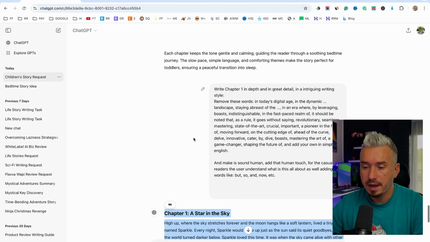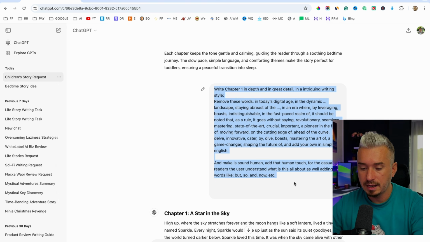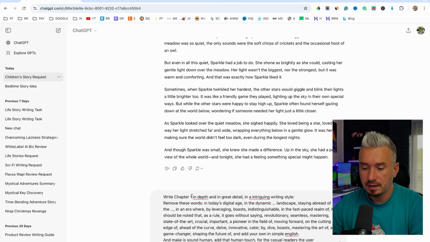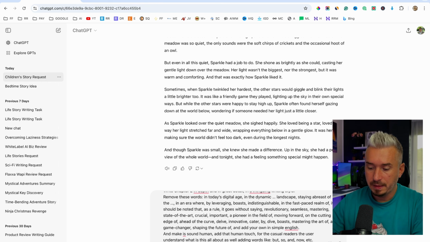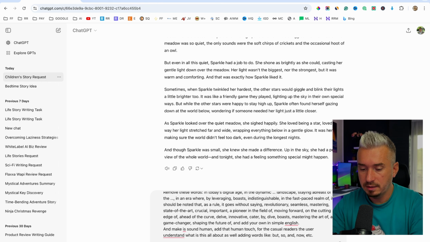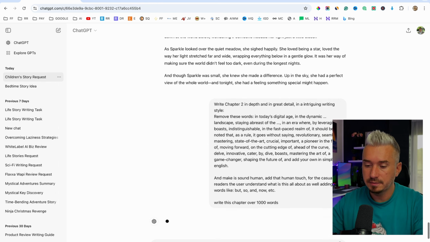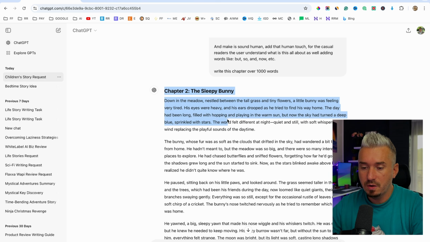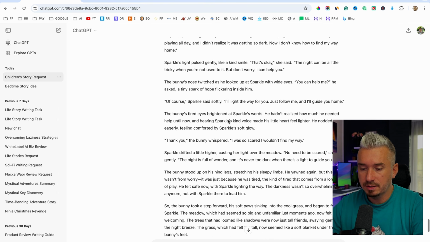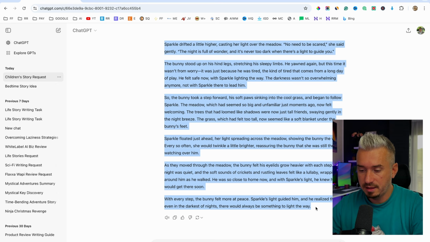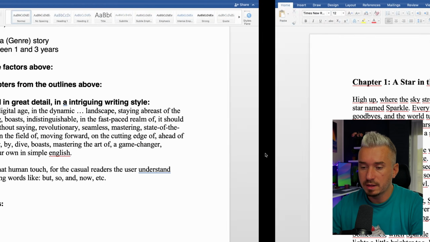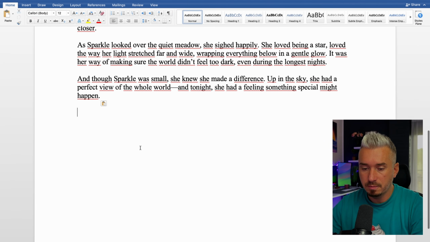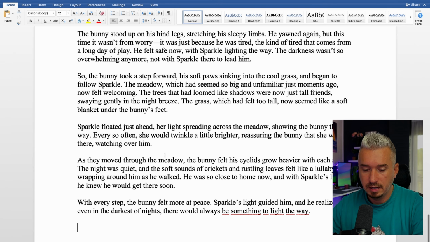Now if I go back, I'm going to copy this prompt again and paste that in here and say write chapter number 2, right? And I will say actually write this chapter over 1000 words. Now I'll hit enter. And as you can see, this one is pretty long. The Sleepy Bunny, chapter number 2. So yeah, I think this goes close to 1000 words. So I'm going to paste that in my Word document. So we have like